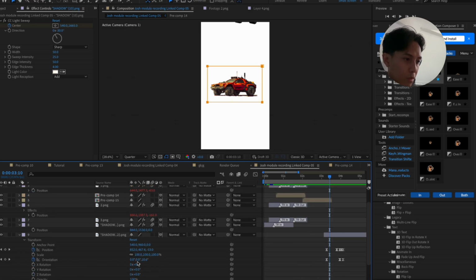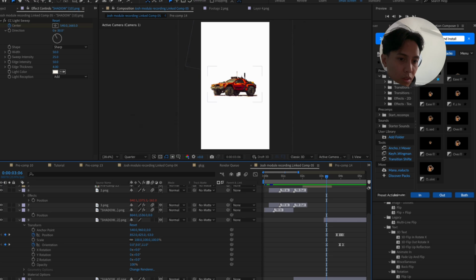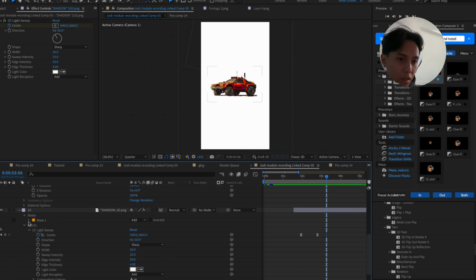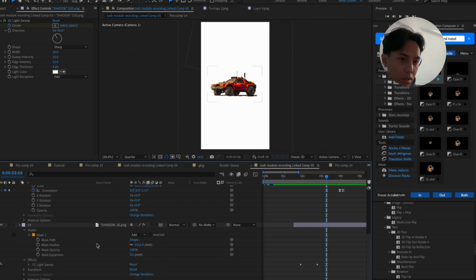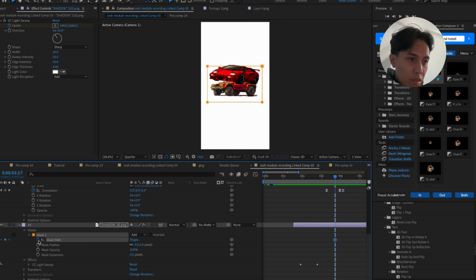So transform, there we go, go all the way to the start, and then I'm going to go to the mask effect here, and then turn that on, mask path, highlight it, and then go all the way to the end. Actually no, I'm not going to highlight that. I'm going to actually highlight when the car hits, so it should be here. So I'm going to mask it here now,